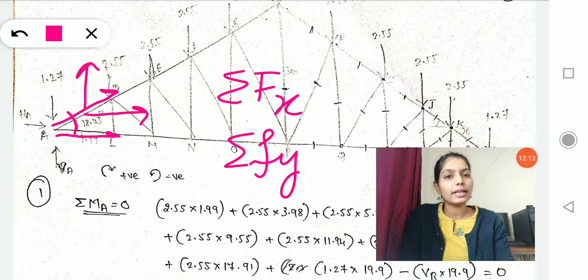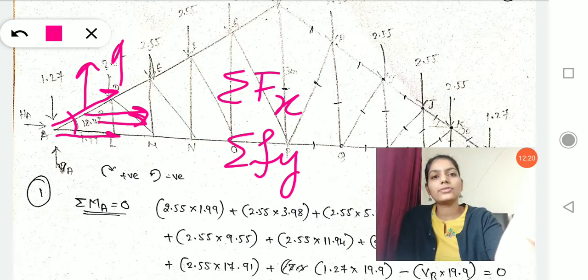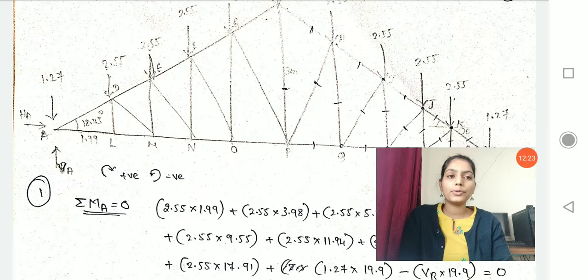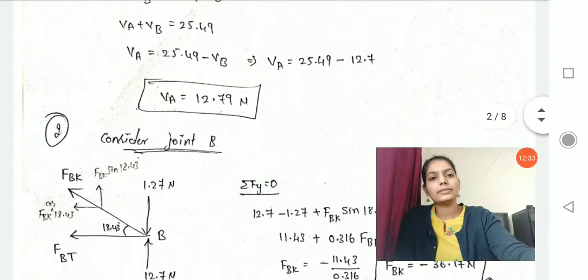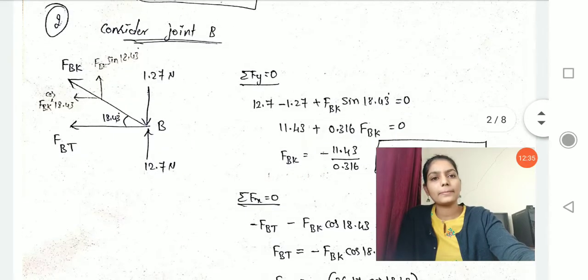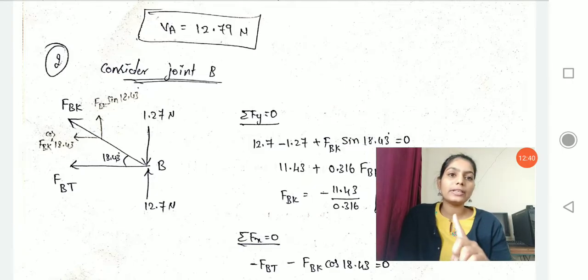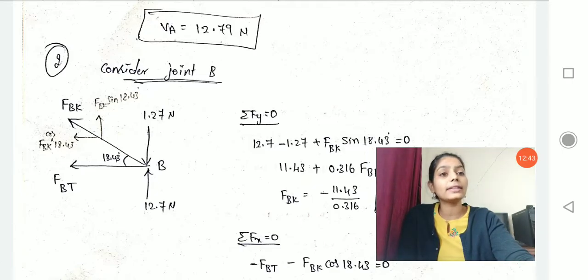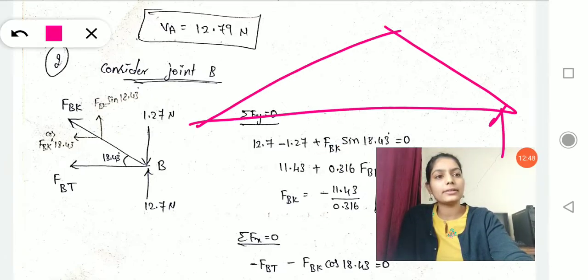And if I resolve my forces in horizontal and vertical directions, then I can use summation of Fx and summation of Fy to analyze my truss, right? So come to this A joint now. I have a separate analysis over here for the joint. See here, I haven't taken the joint B, but I am starting from the other end, this B joint.